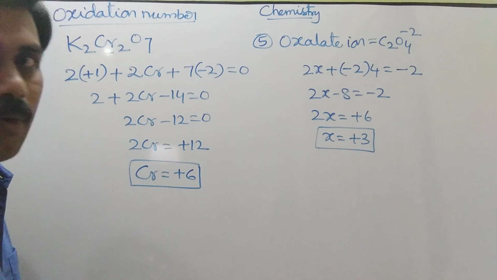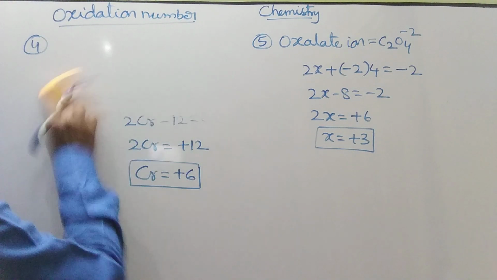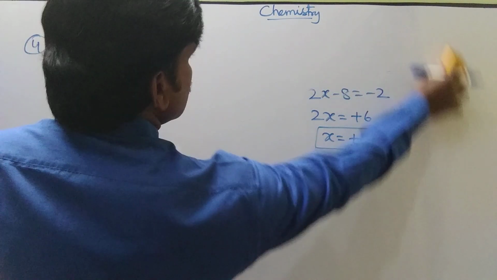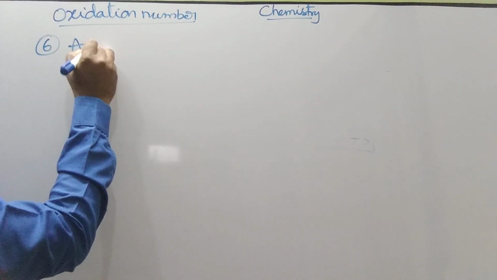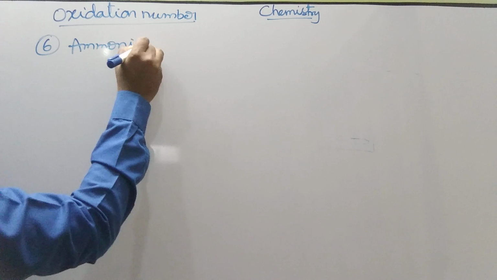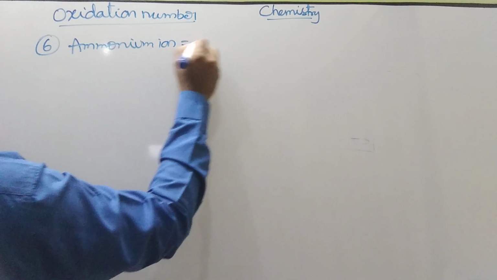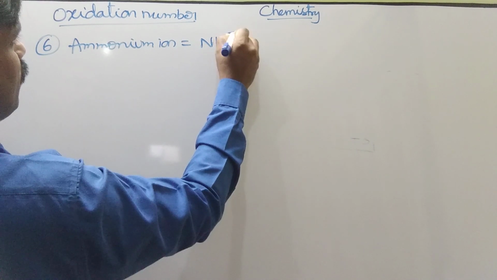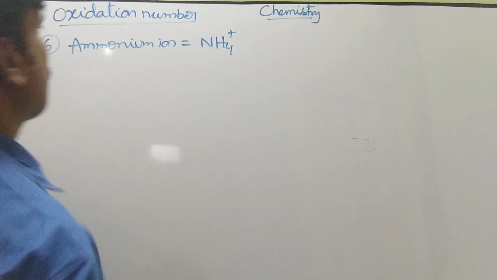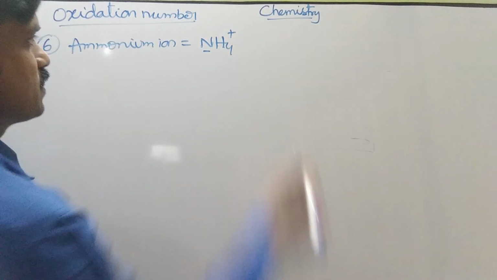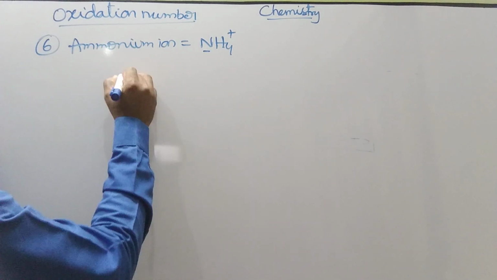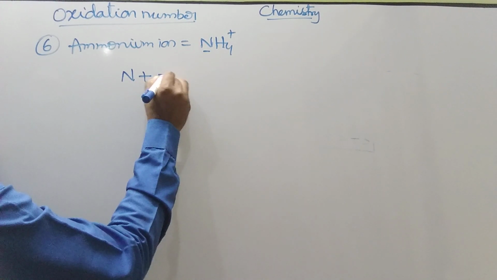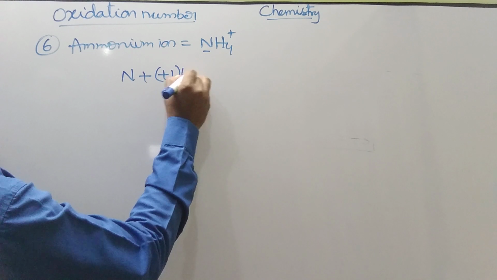Look at a positive ion. Ammonium ion. The ammonium ion formula is NH4 plus. Here we should calculate the oxidation state of the underlined element, that is nitrogen. N plus hydrogen oxidation state is plus 1. Here 4 hydrogens are